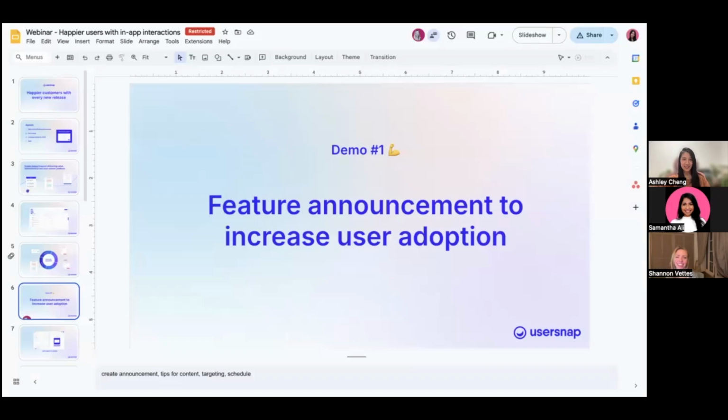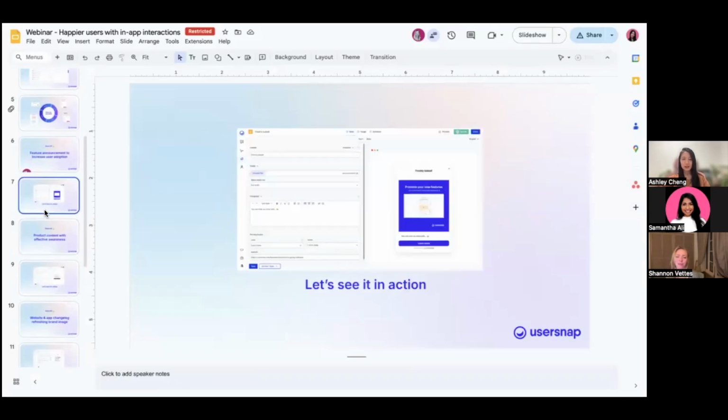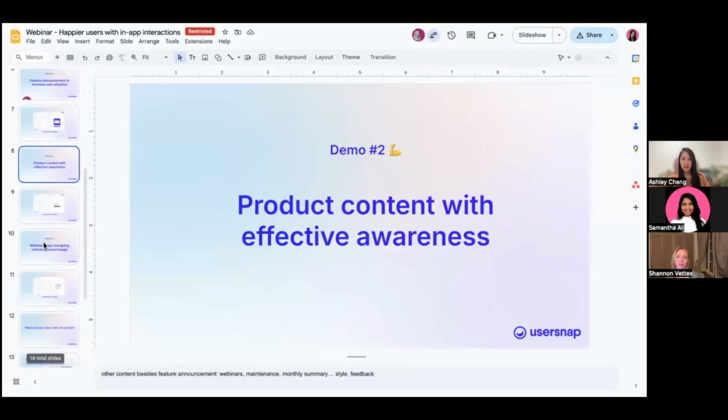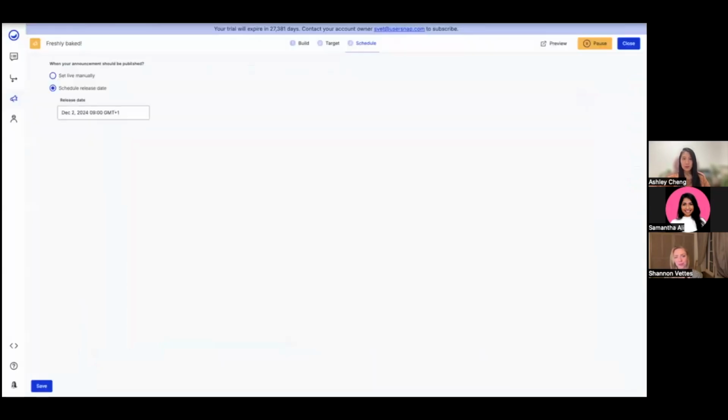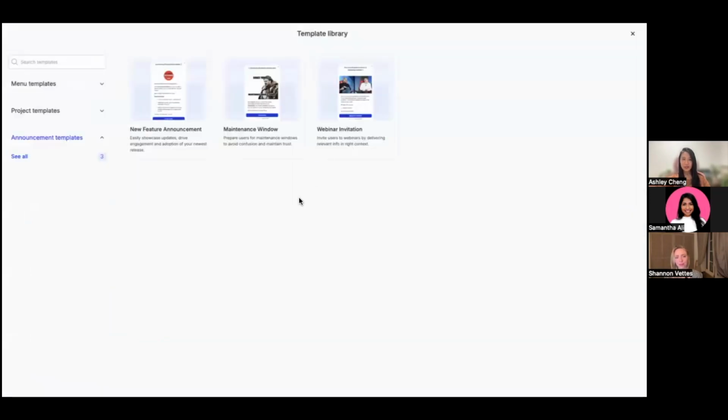Exactly. So this is the first part of how you can use these feature announcements to increase user adoption. The second demo that I want to show you is that besides these feature announcements, you can also do other types of content. For example, we have a few templates for you to get inspired. The new feature announcements, but also if you have a scheduled maintenance time and you want to communicate this to your users so that they can understand and maybe even avoid logging in during this time, or that they're just aware of certain things, you can use these types of